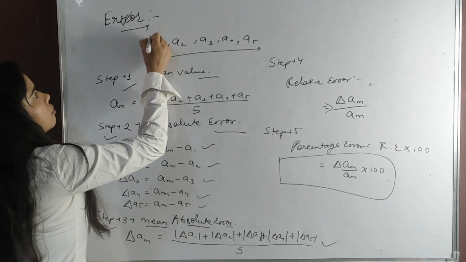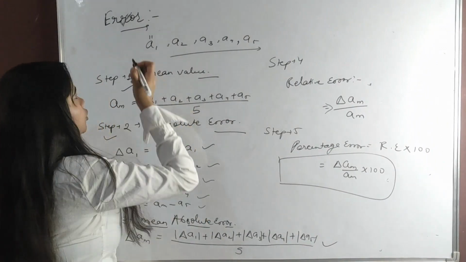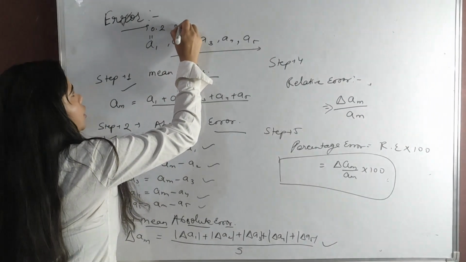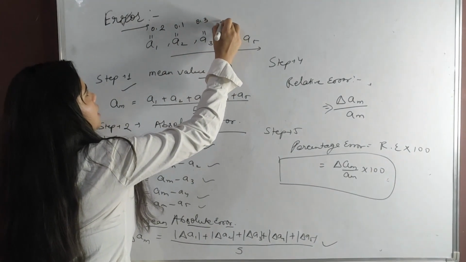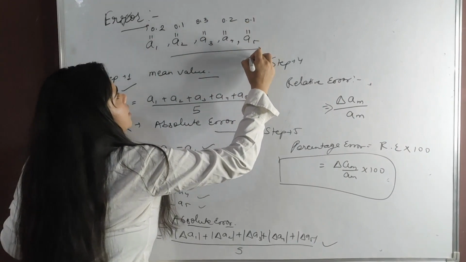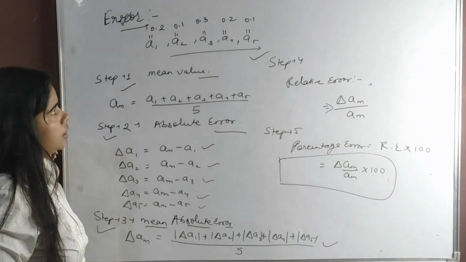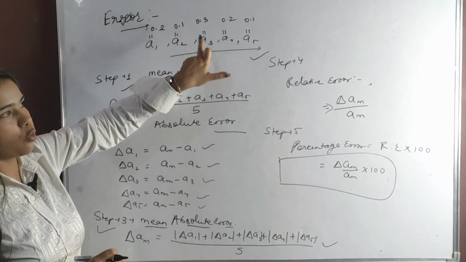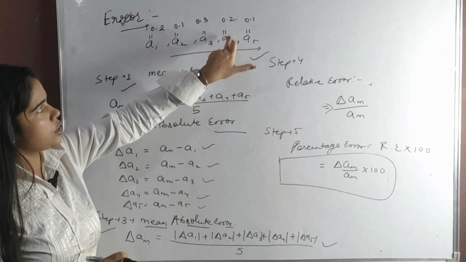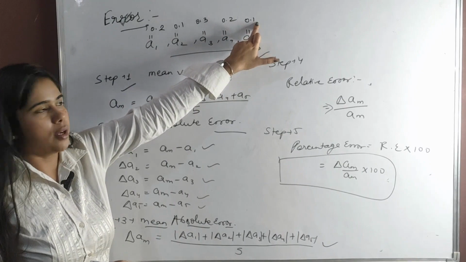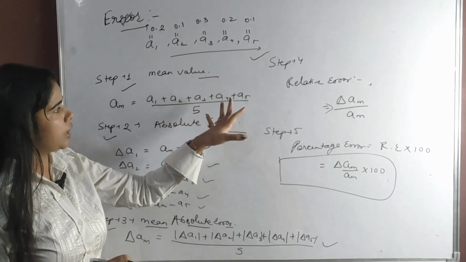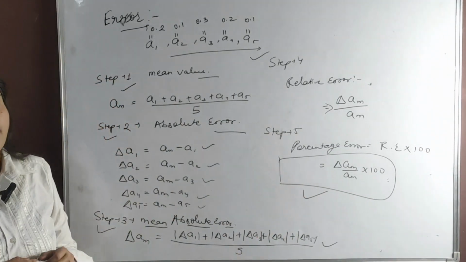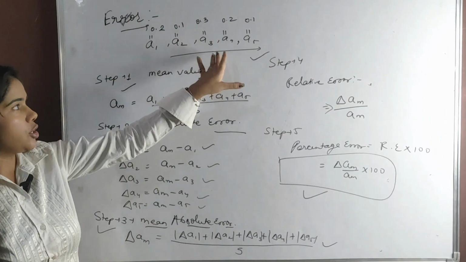So that's your homework. You have to do the same format using some values, and then you have to find the percentage error. And just tell me the result in my comment box. A1 is 0.2, A2 is equal to 0.1, A3 is equal to 0.3, A4 is equal to 0.2 and A5 is equal to 0.1. So you have to put the values of A1, A2, A3, A4, A5 in these steps and then get the idea about the percentage error. And don't forget to mention the result in my comment box.